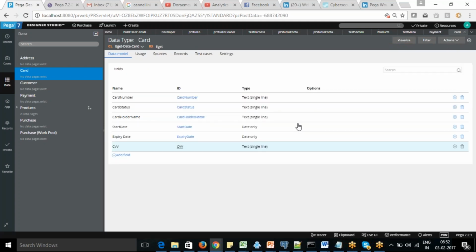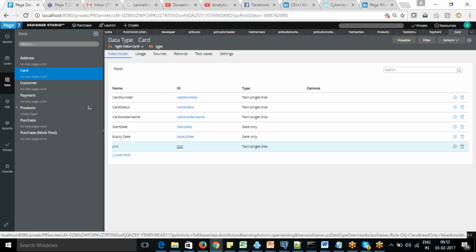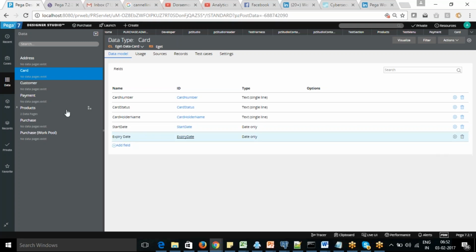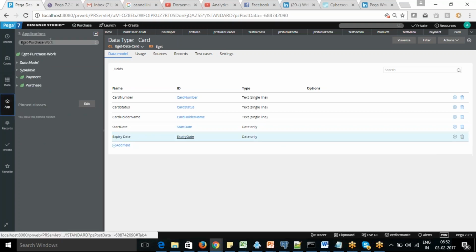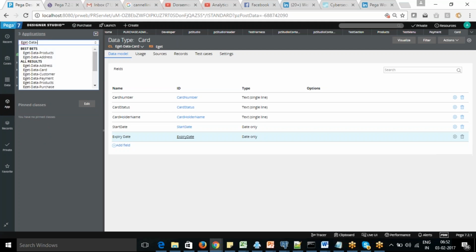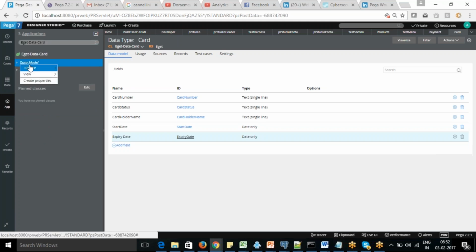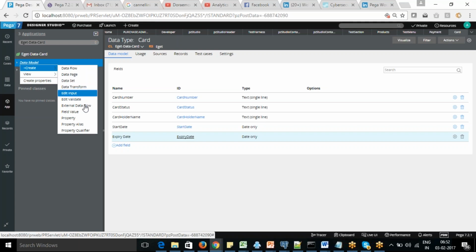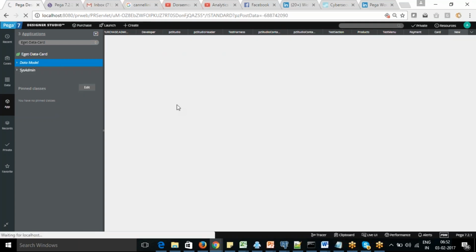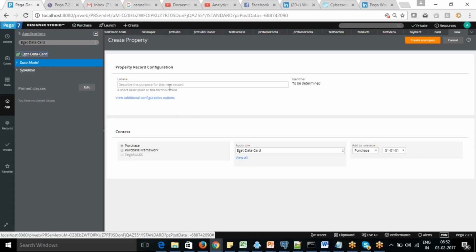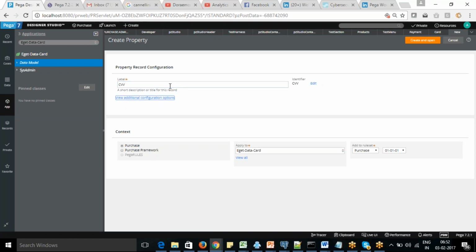So let's delete it from here. The approach in this scenario is to go to that class and create the property from there. So we go to the data card class, and there I'm going to create a property.